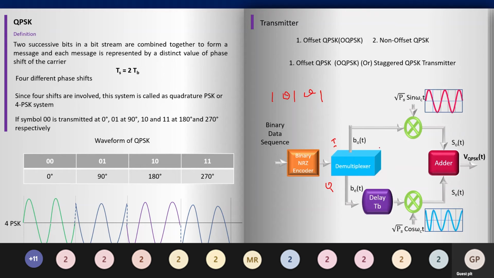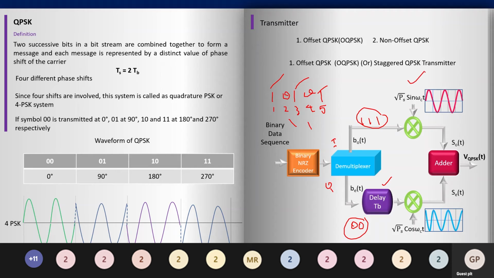So as you can see, we'll name the positions here, 1 2 3 4 5. Position 1 means all the odd data, that is 1 1 1. So all the odd data will be taken out separately and all the even data will be taken out separately. And after that, the even data that we have taken as input, you have to introduce a delay. Because first we're going to take odd, after that we're going to perform even, so we need to introduce a delay here. Okay, so once we get the odd data separately and even data separately,